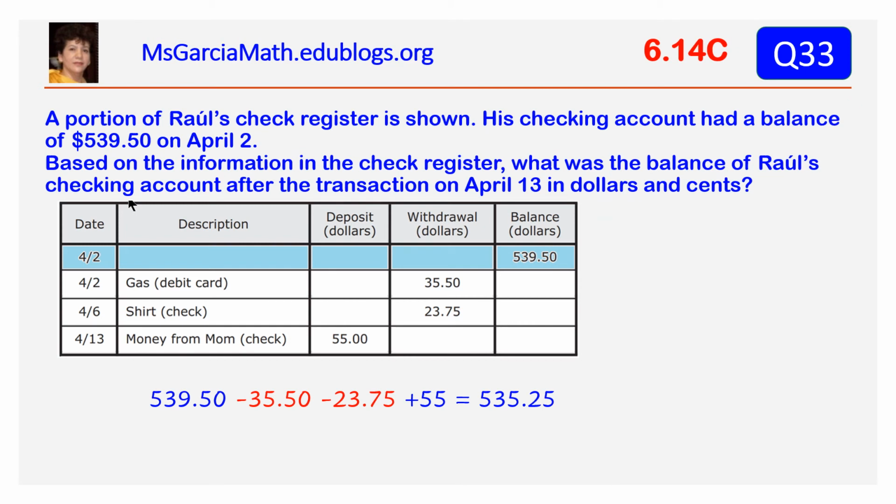A check register is a list of transactions in your bank account, along with a running balance that tells you how much money you have available to spend. Procedure. Start with the initial balance listed on your bank statement. Subtract the amount of any expense, payment, check, or withdrawal from the total, and add in any deposits you made. The answer is